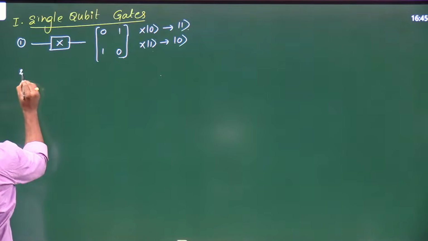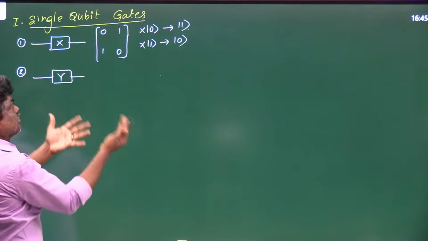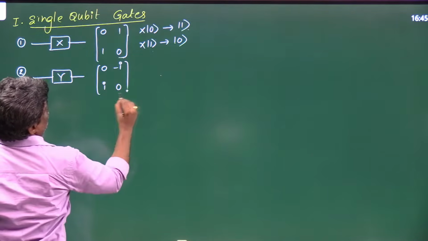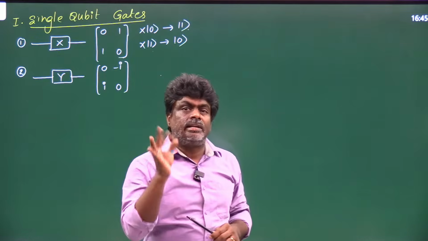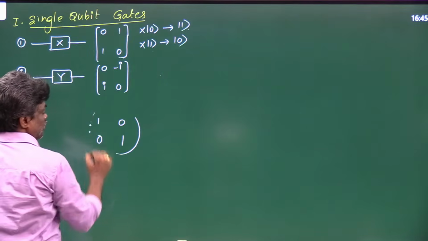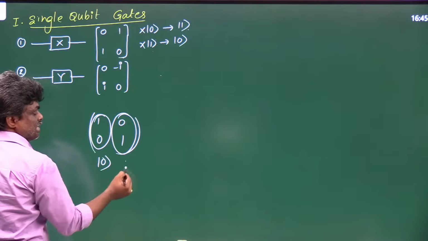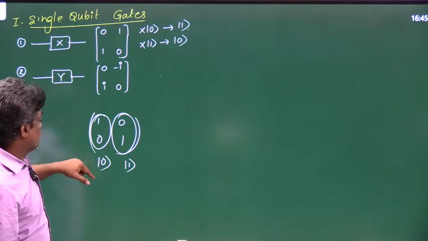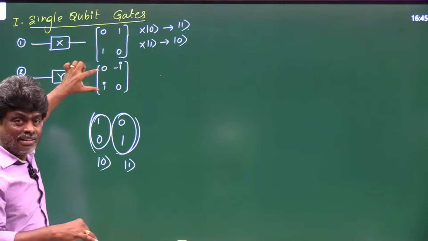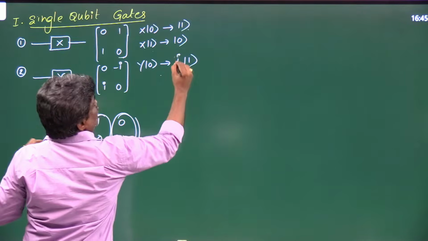Next one, this is the Pauli Y gate. First listen to a few things, after that you can write. Now the Y gate is 0 minus i, i 0. Now just compare with the identity matrix 1 0 0 1. Your 1 0 is nothing but the base state 0, and 0 1 is nothing but the 1. Now please compare. In the place of 1 0, what are you having? 0 i. That means Y converts 0 to 1 with i.